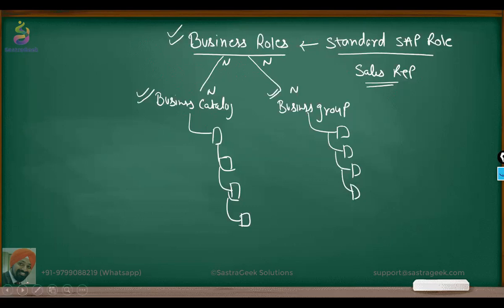So what happens when SAP gives these roles? As per SAP, the sales rep would be having access to 20 different applications. But as per your business role, your sales rep doesn't need these 20 different applications, and the sales rep is also doing some activities related to fulfillment or delivery creation, which is another role. So what we will be doing in the projects actually,